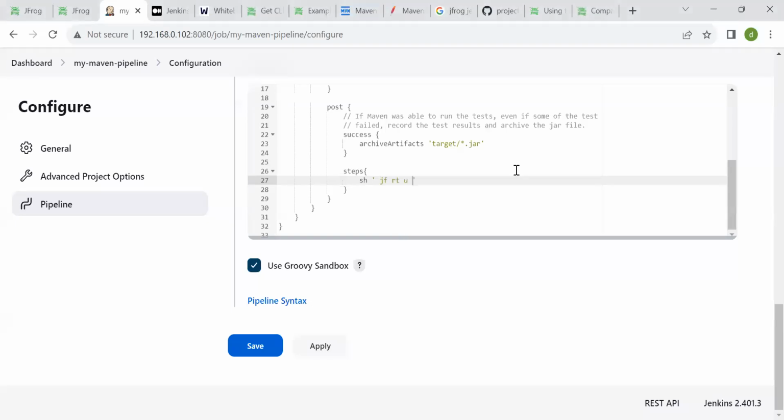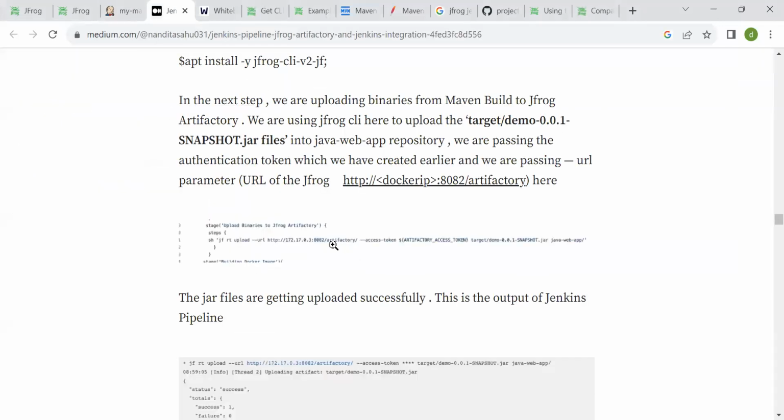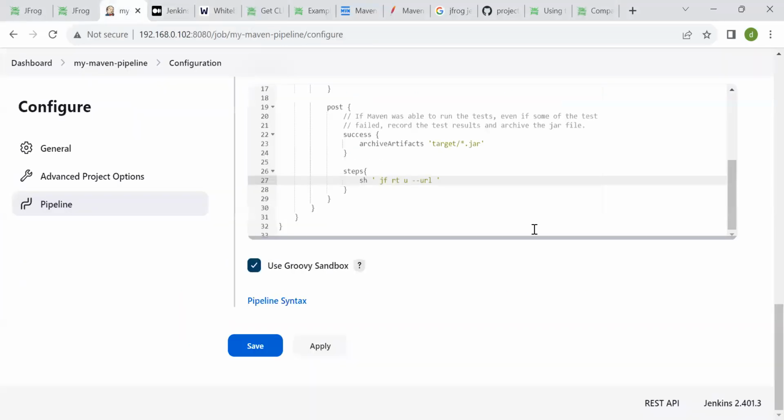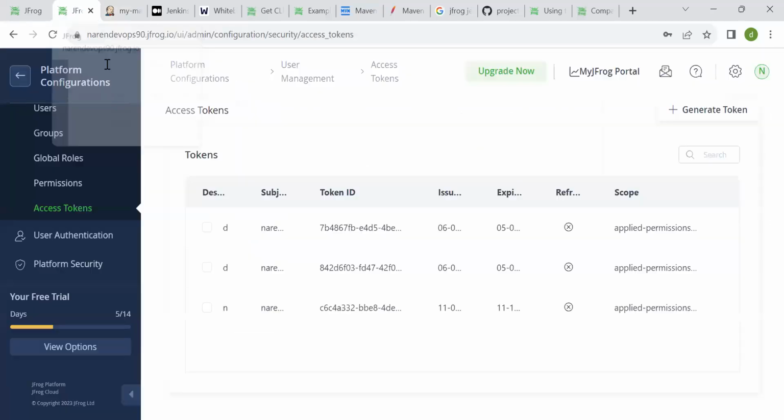Okay, here and the hyphen URL. This is where they have mentioned hyphen URL /artifactory. We don't need to provide all of this also here. Finally, where is this? Okay, here, this one. Whatever the jar presented under this one, I want to publish